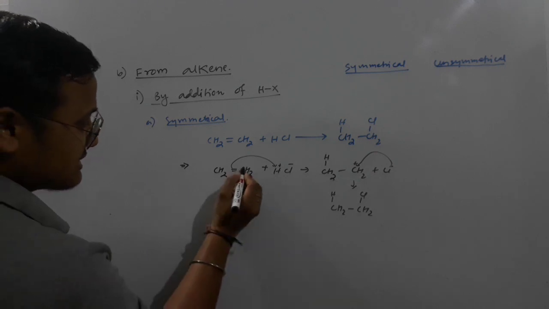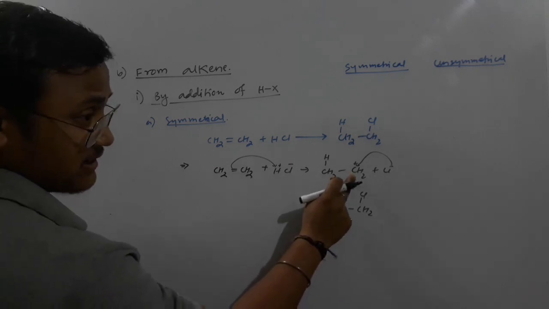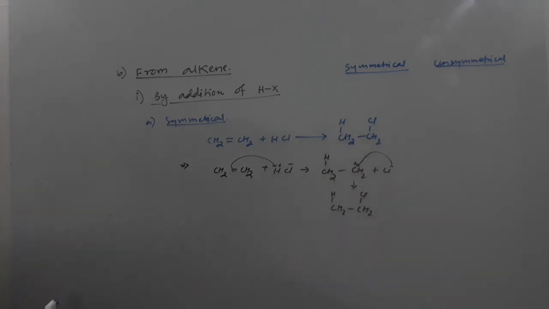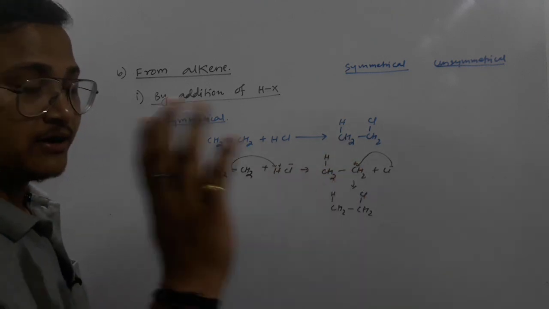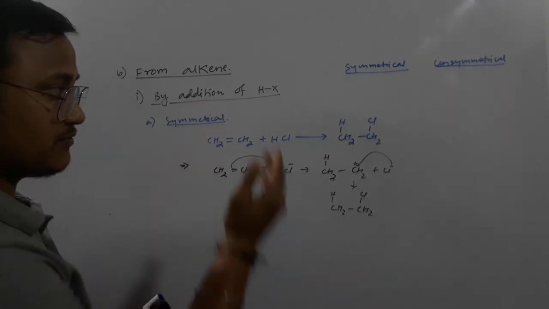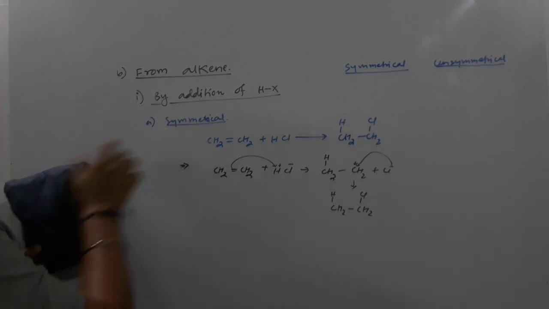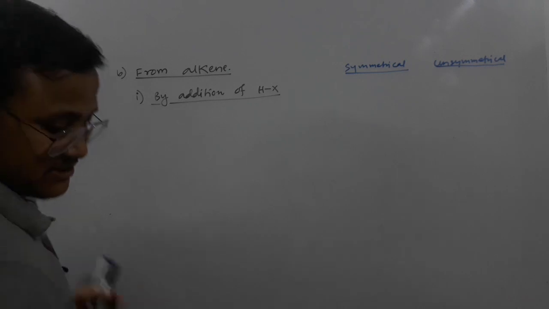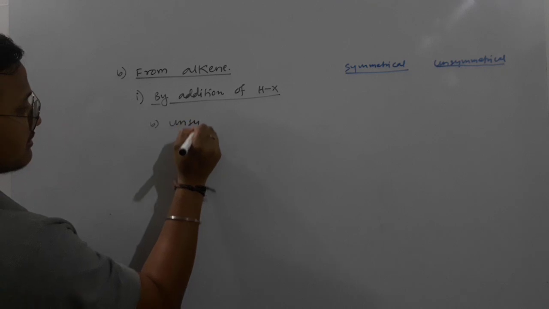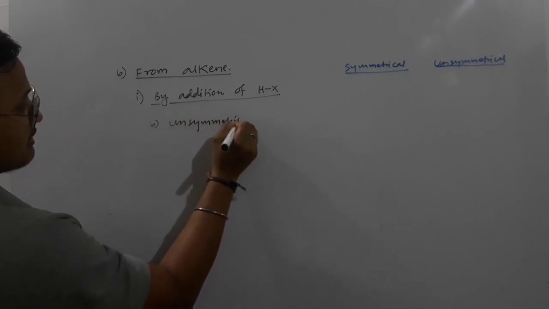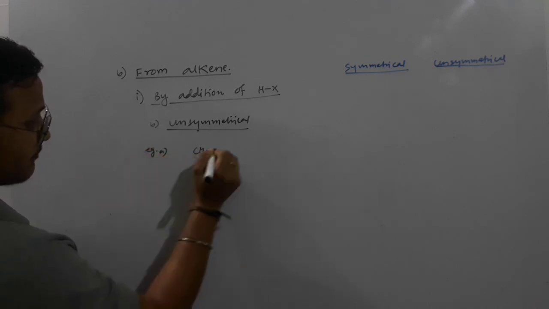Clear? Or if you are attaching hydrogen here, then you go from this point and the chlorine will come and add here. So you can see that here carbocation is formed, right? This is what I am talking about. The product will form by the formation of carbocation, and it depends on the stability order of the carbocation which product will form. Now, this is in case of symmetrical. Now let's have a look at the unsymmetrical alkene compound. Number B, unsymmetrical. Consider this as an example.